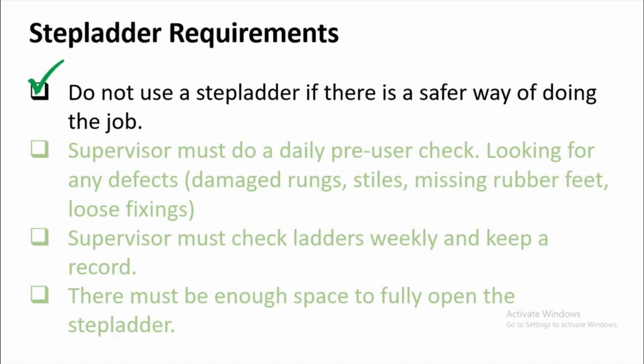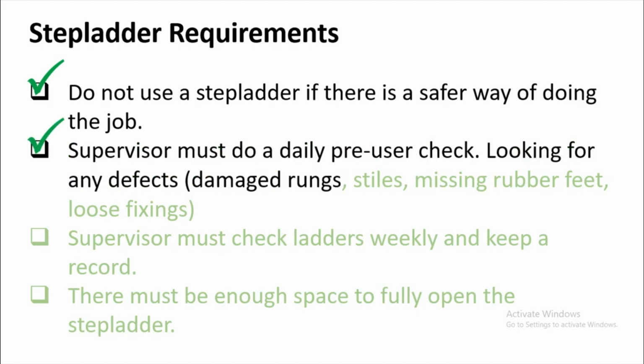Like for example, if you can do the job on the floor, then that is the safer way of doing the job. You avoid working at height. Okay, or if you can do the job inside of the scaffolding, or you can build scaffolding for the job, don't use a step ladder, because a step ladder is not as stable as scaffolding. Okay, the supervisor must do the same thing. The supervisor must do a daily pre-use check, looking for any defects,